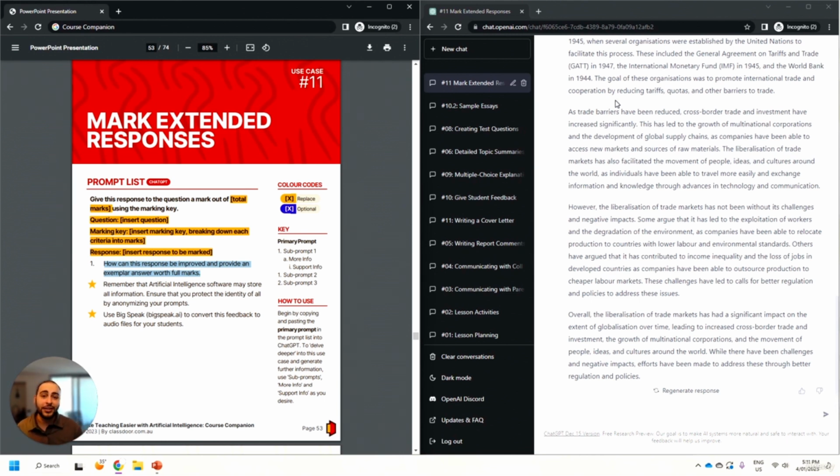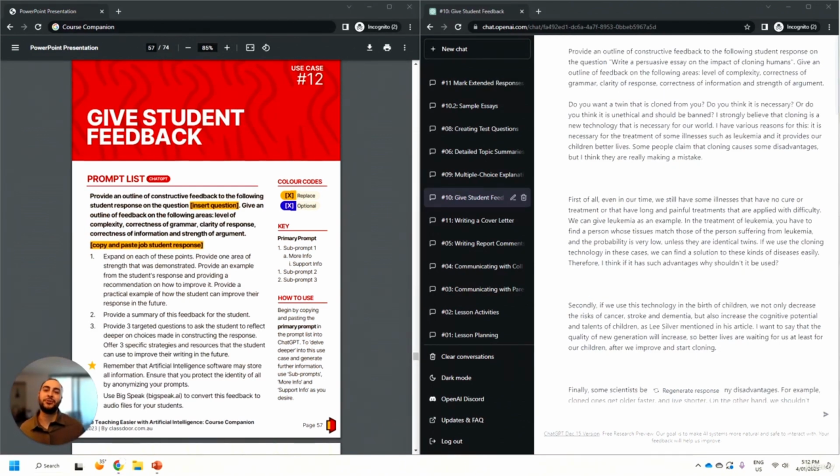Now, as of this recording in January 2023, we are yet to see AI tools that can photographically read students' handwriting and convert that into typed text. There's also the challenge with some of our students where their handwriting is quite difficult to decipher, but that technology will come. In the interim, take any and every opportunity you can in formative assessments or just even in day-to-day lesson activities to have students create typed responses, because you can then use ChatGPT for this direct reason.